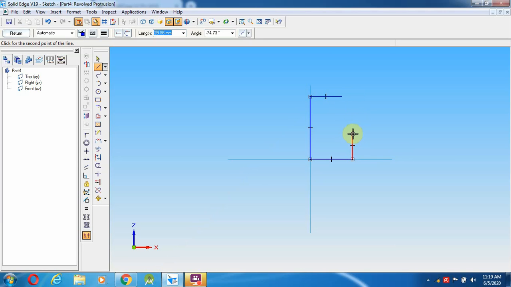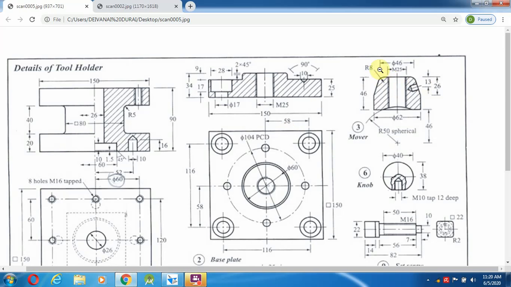After drawing the 23 mm line, we can join directly because they have not given any angle over here. After drawing this, go with the fillet option on the top. The radius they gave is 8 mm. So here you can see the radius is 8 mm.